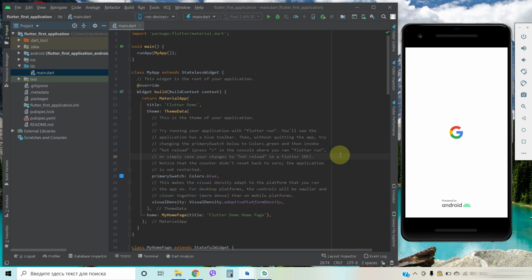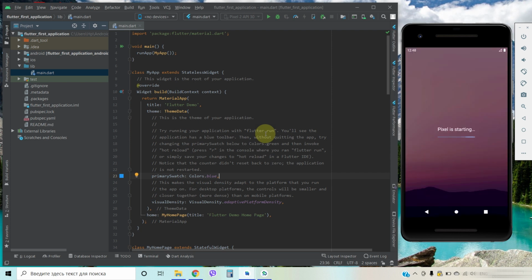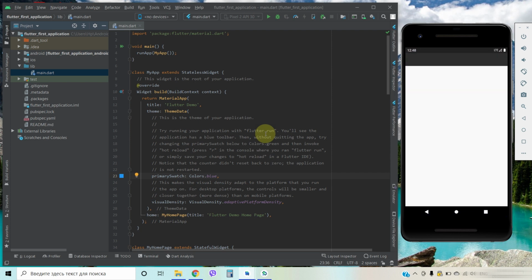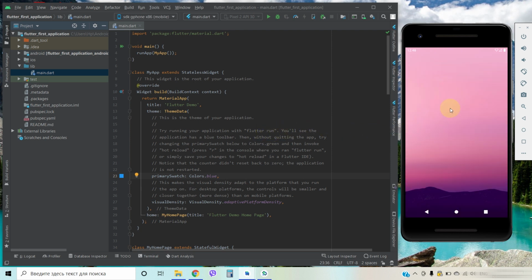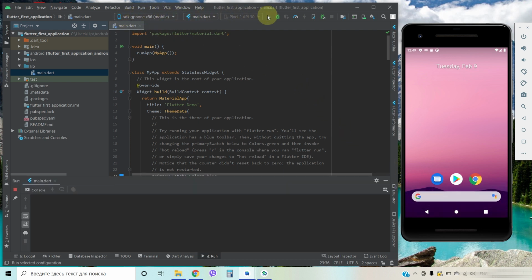It takes time to start our emulator first time. Fine, our device is okay. Our emulator, main, and run.